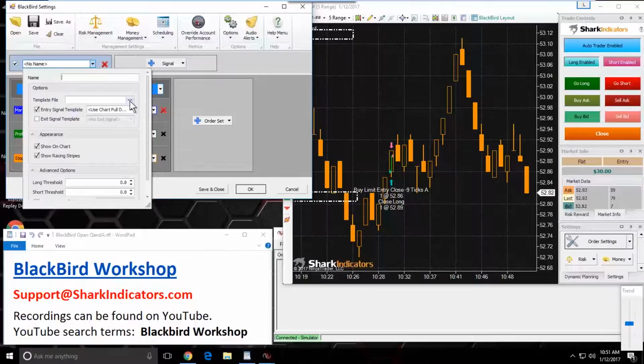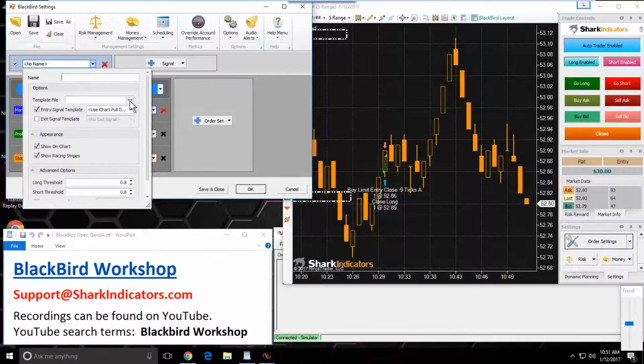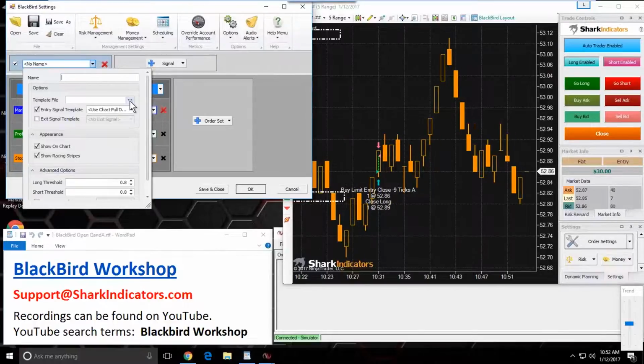All right, so that would be BloodHound. So BloodHound could take your breakout range indicator, and BloodHound could identify when one of those ranges is broken, and then once your breakout range is broken, BloodHound could generate a trade signal and then pass that trade signal to BlackBird, and then